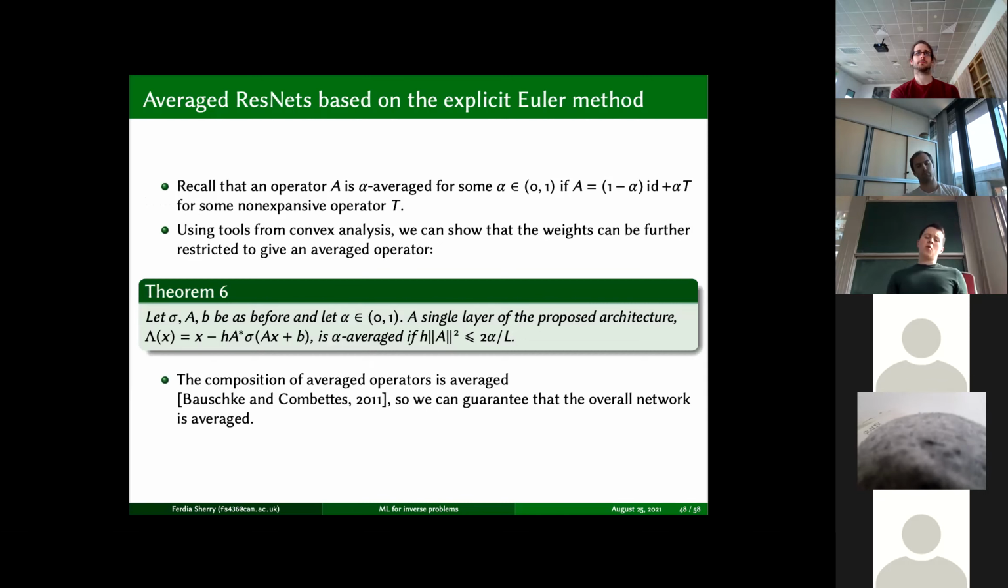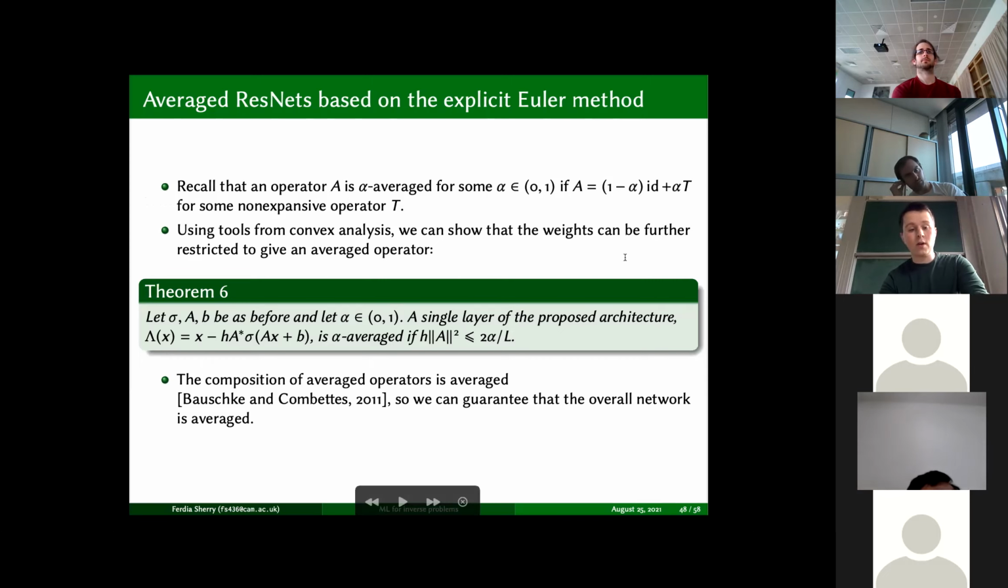So you can say a bit more about it if you use the explicit Euler method. I mentioned that a proximal operator is Lipschitz or non-expansive, and a little bit more. This little bit more is that it is also actually one half averaged, so it takes this form with alpha equals a half. And this is a particularly nice thing because if you have an averaged operator as opposed to just a non-expansive operator, then its fixed point